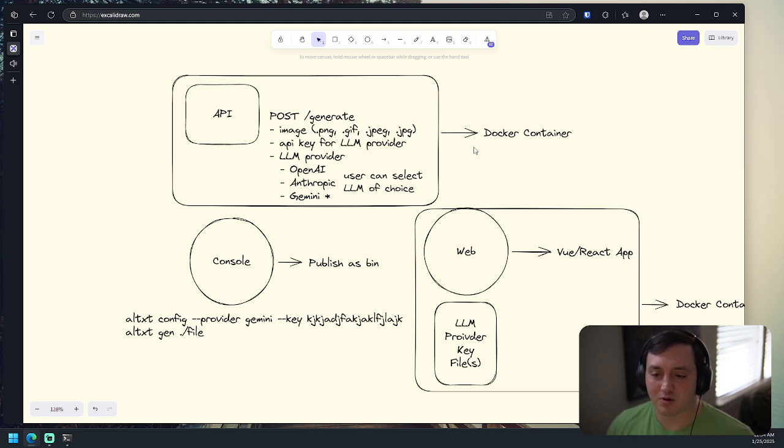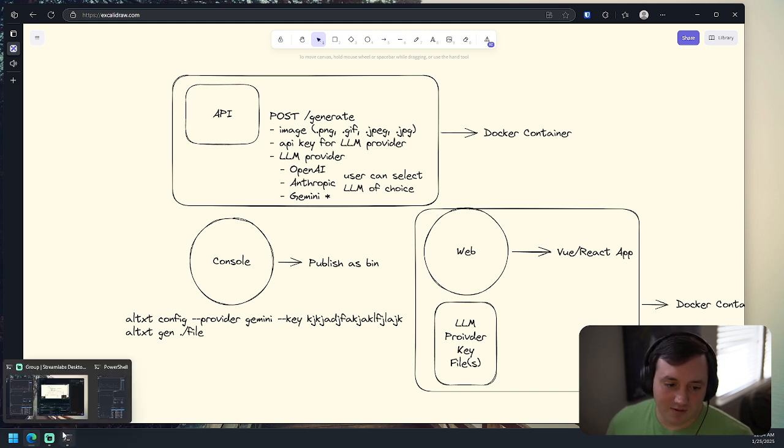So I'll have a standardized prompt, a standardized way of putting that image and that prompt to the LLM. And then I'm also going to build a couple of different clients for the tool. I can host the generator as an API, build a console app so I can generate alt text by giving it a path to a file or even a URL, and also a web UI so you can upload files and regenerate the alt text really conveniently. So just a couple of different clients for that. So that's what we're working on.